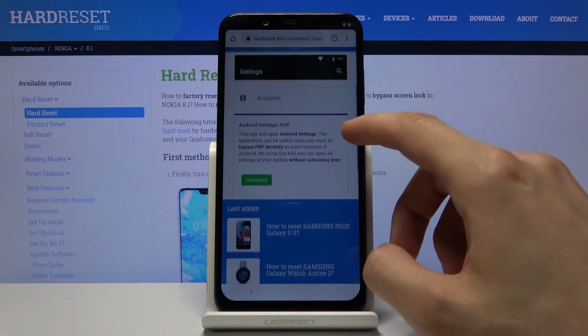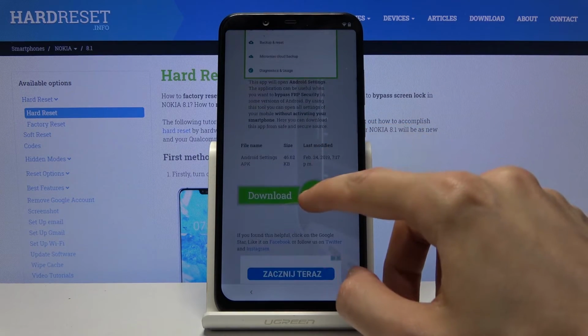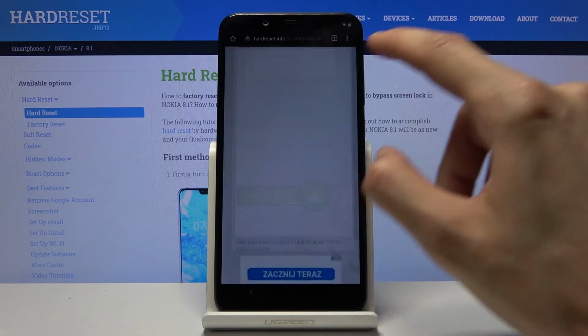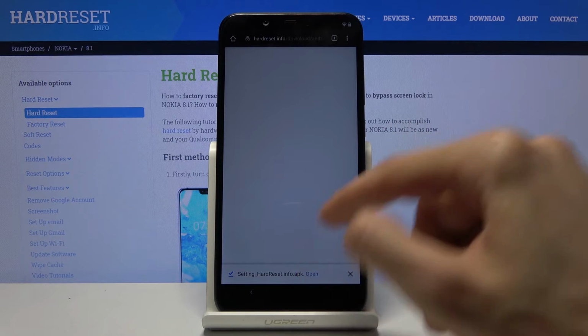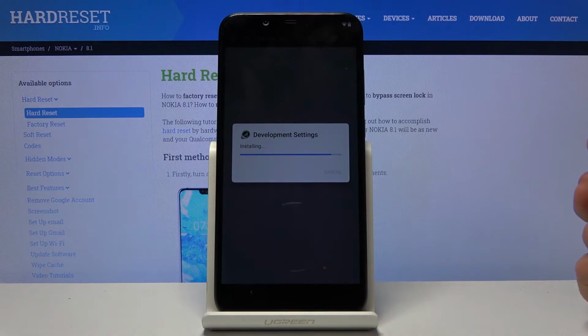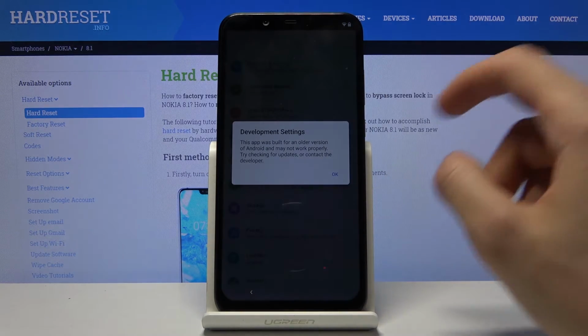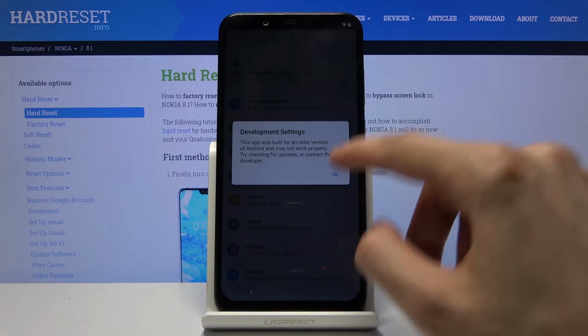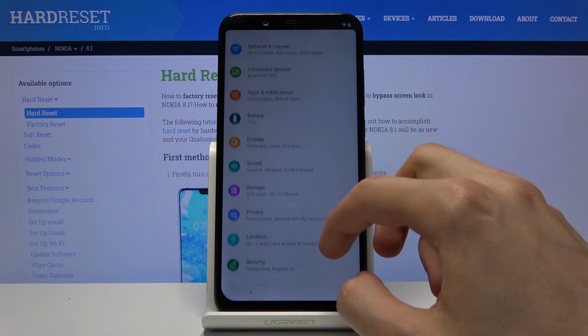And again, there should be only one thing, download, same as before, hold it, choose open in incognito tab, okay, and as you can see it's downloaded, so you want to open it up, install, and this time around you want to open it. This will take us to settings, confirm right here by tapping on OK, and now find